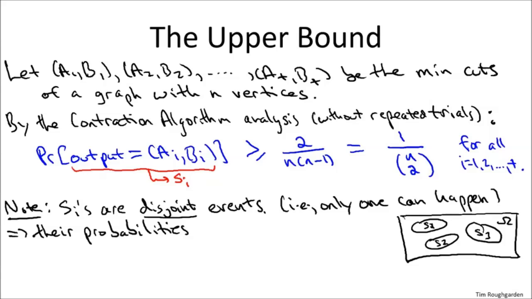Writing that formally, we have that the sum of their probabilities, which we can lower bound by the number of different events, and remember there are t different min cuts for some parameter t, for each min cut (Ai, Bi), a lower bound on the probability that it gets spit out as output is 1 over n choose 2. So a lower bound on the sum of all of these probabilities is